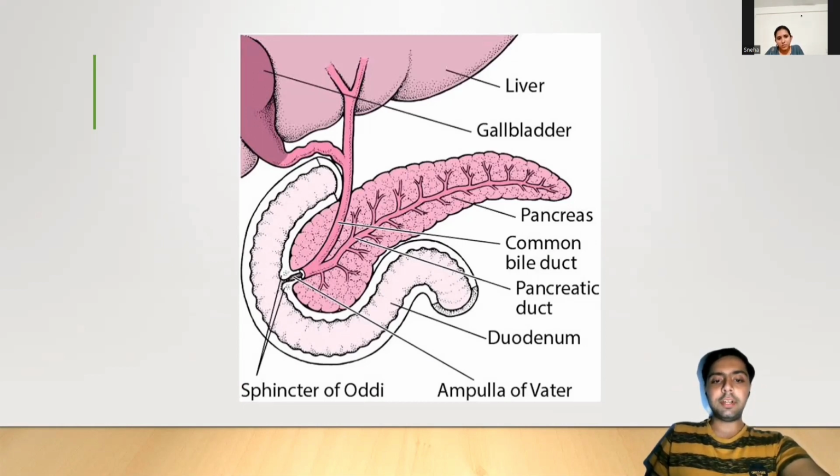So basically, the sphincter of Oddi divides the duodenum into two parts. We have the foregut and the midgut, which it divides. In the foregut, we know it's the celiac artery which supplies, whereas the midgut is supplied by the superior mesenteric artery. So moving on,